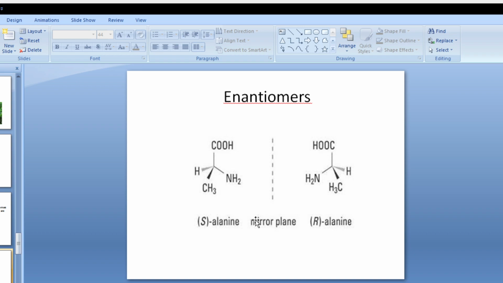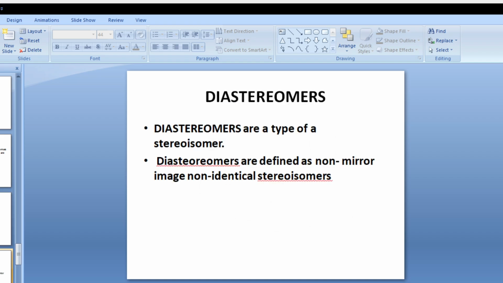The nomenclature part, S and R, you might have studied in an earlier class. Dextrorotatory and levorotatory part also you might have studied. So S is as per CIP rules. Anyway, this is alanine in its wedge representation. This carbon is the stereocenter here, and this carbon is the stereocenter, and we are trying to make a mirror image, and you just try to overlap this. It won't overlap, they are non-superimposable. So they are what? Enantiomers. And if more than one stereocenter is there, then diastereomers arise.